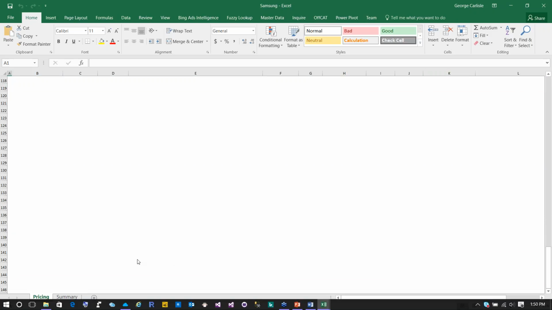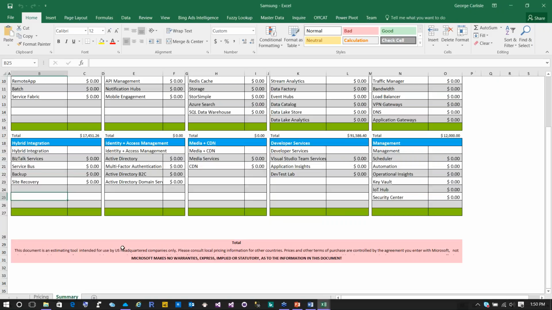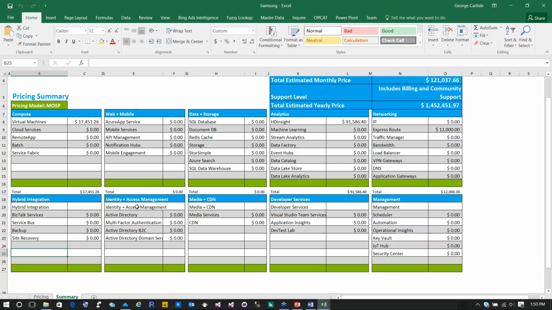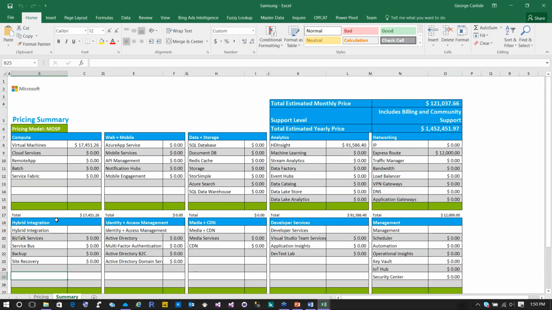All right, hold on. Move this over. So we got a summary. What's on the summary? Oh, there we go. So then we get a breakout. So here we got the breakout of the compute, the web mobile, data storage, all these other services. They're individually broken out so that a customer can get it at a glance. So we've got aggregated and breakout summaries. That's pretty good. So the solution is only $1 million, $1.5 million. Are you ready to buy?